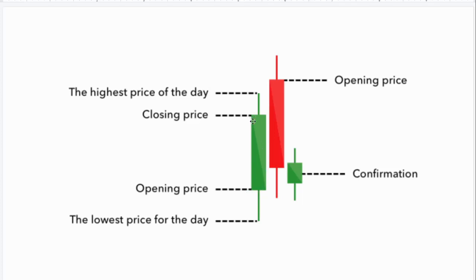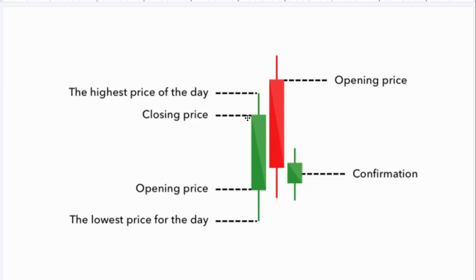And if it's green, the closing price will be the top. If it's red, the closing price will be the bottom. And these little wicks are going to show you the high and the low of the day. So it's just a little bit of a better visualization than the colored bar chart. And it's also better to use because it can help us determine the direction of a trend a whole lot easier than the